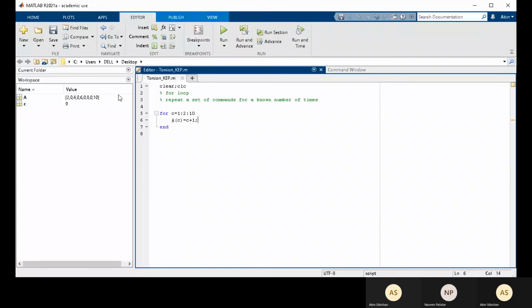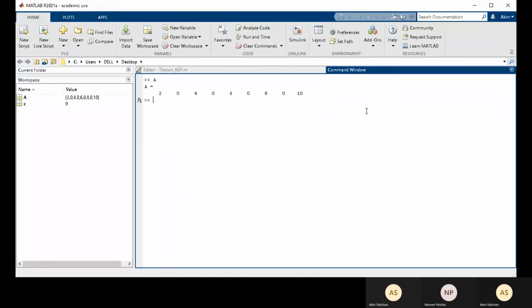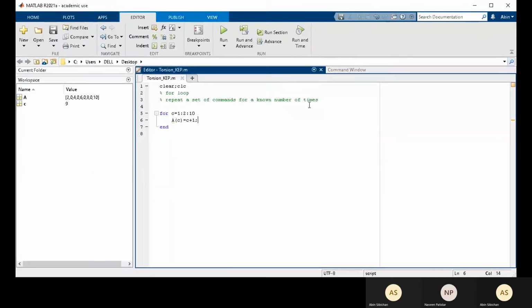So let's say this is equal to C plus 1 or something, and I'll run this. This is how we can make matrices using for loop.